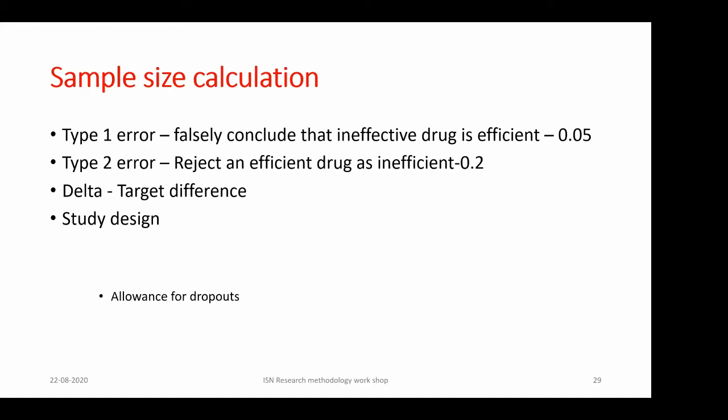So these are the factors which go into the sample size calculation. Type 1 error is going to be much more major error compared to type 2. So the allowance of type 1 error is a little bit strict. So type 1 error traditionally is kept at 0.05. You can keep it at 0.01 also, but that is going to increase your sample sizes. Similarly, type 2 error, the minimum recommended type 2 error is 0.2. That corresponds to a power of 80%.